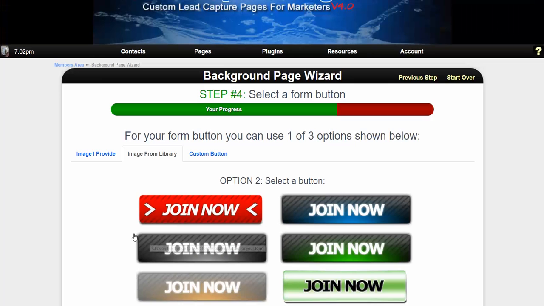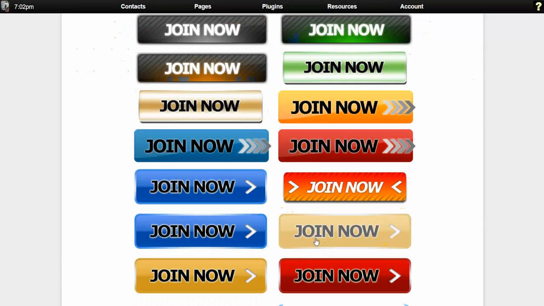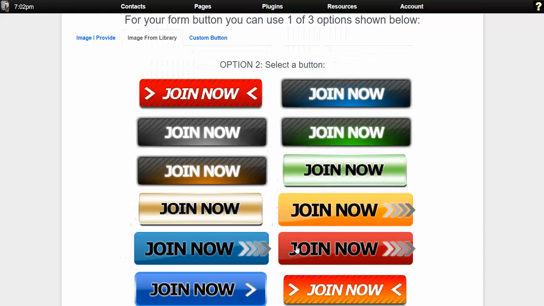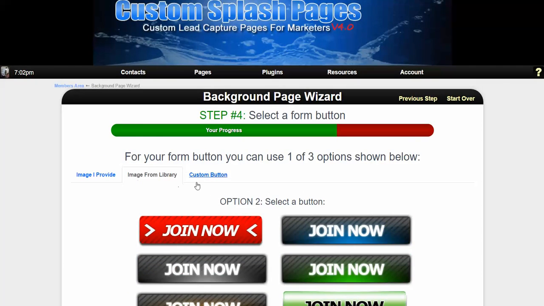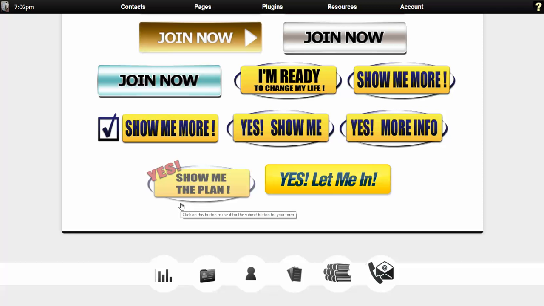And here you can do a few things. You can select an image that's already here for the button, or you can actually make a custom button, or you can upload a button. So if you find an image that you want to use as your own button, you can do the same thing just like you did with the background. You can upload it right to the system here. So now that I'm here, I'm just going to select one of these,